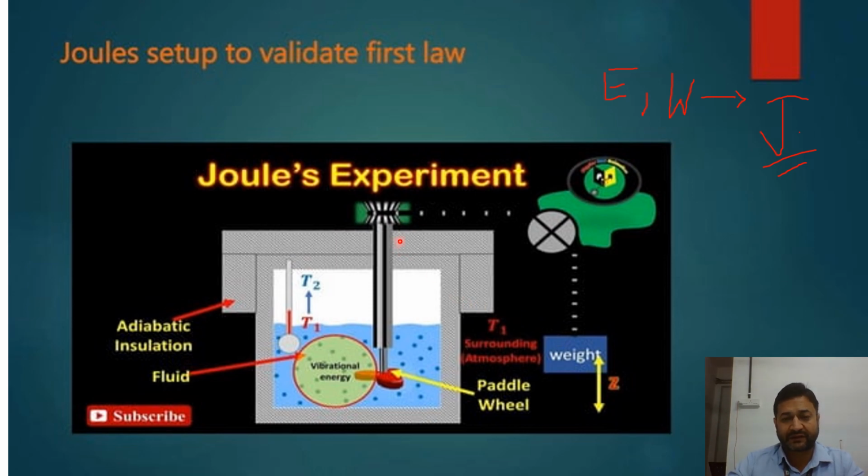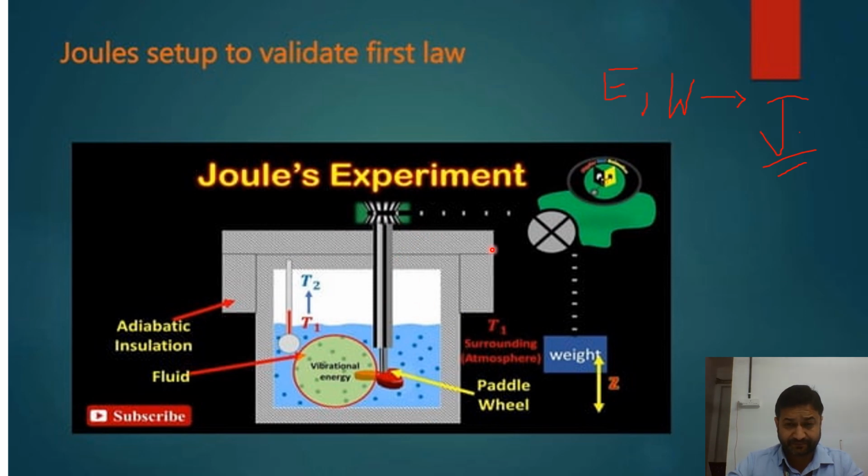Now what he did in a number of experiments was to put some amount of weight continuously. He put some amount of weight, meaning mg, mass times gravity. He continuously changed the weight from 10 kg to 20 kg to 15 kg. So a number of times he changed the weight. Now what